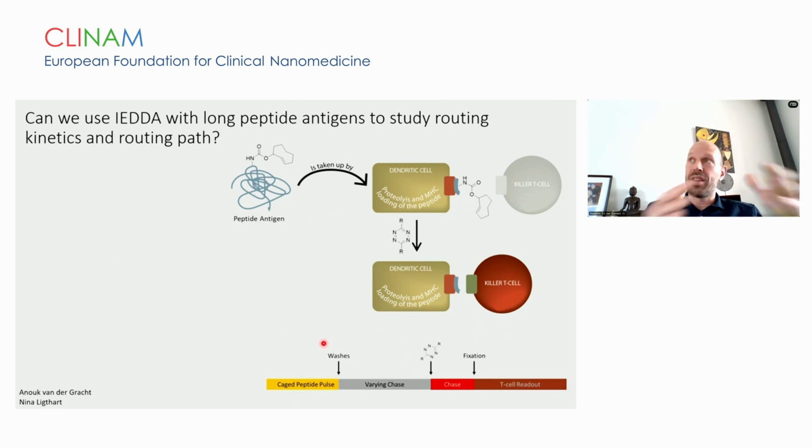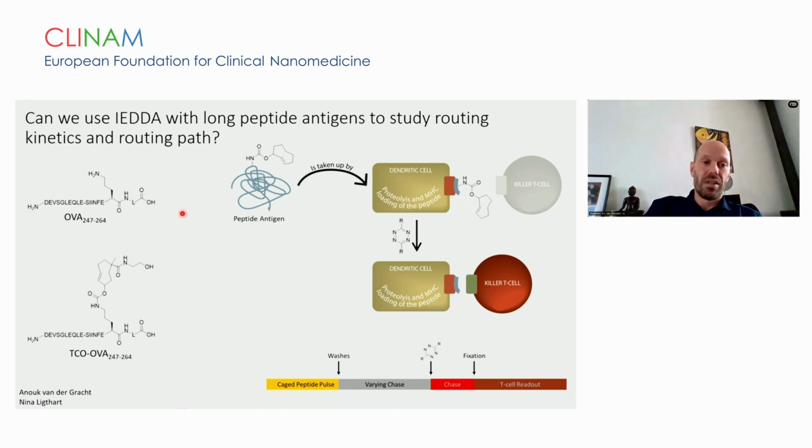Because in that way, we essentially have a clock that we can monitor how fast new antigen appears on the surface of a living dendritic cell and then eventually in vivo, because we've also tested the short peptide work in vivo, and that works. So the first thing we did was make the long peptide. So we used a slightly more water-soluble TCO variant that we stuck on a peptide that needs processing,